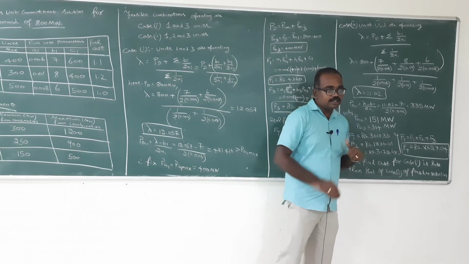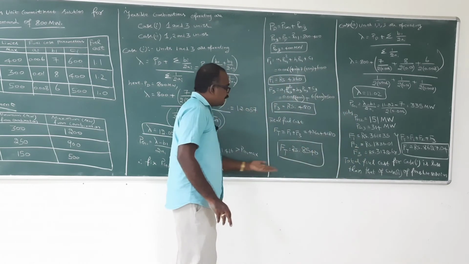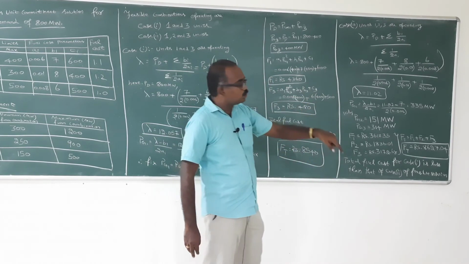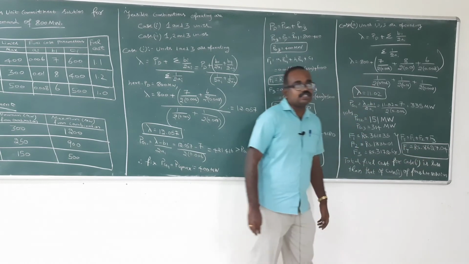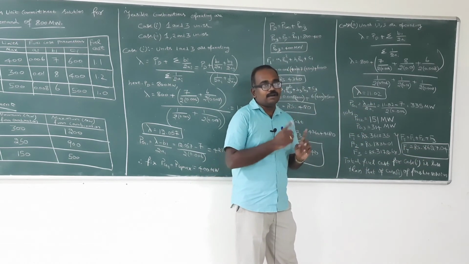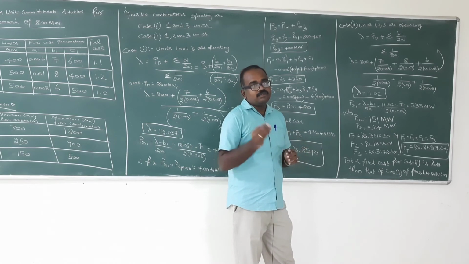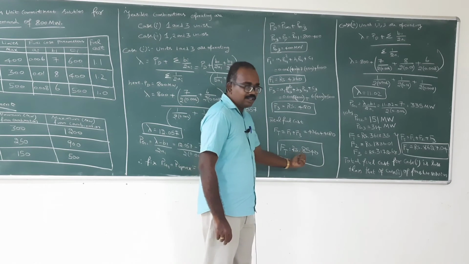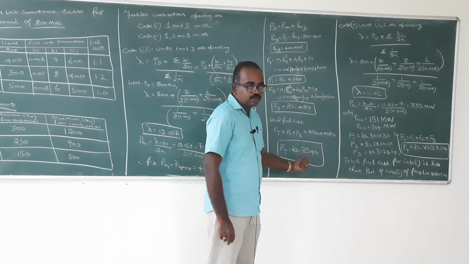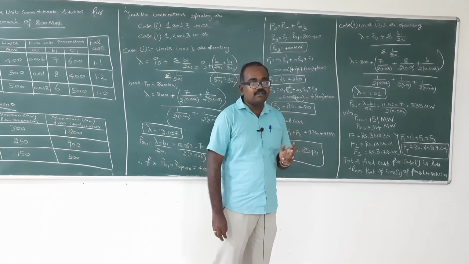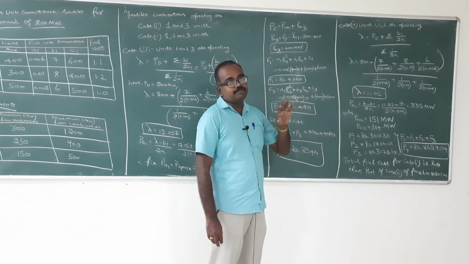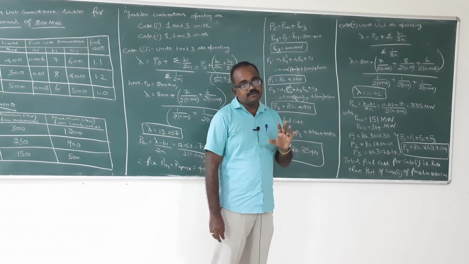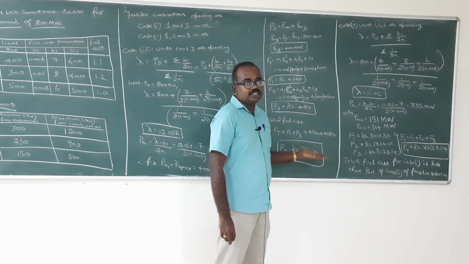Okay, so here we can judge, while we are comparing case 1 and 2, in order to provide 800 megawatt. In case 1 we are getting 8540. In case 2 we are getting 8627. So while we are comparing these two, which one is best? The case 1 is the minimum value, minimum cost. So in order to provide the 800 megawatt, the first case is the best feasible solution by comparing the fuel cost.